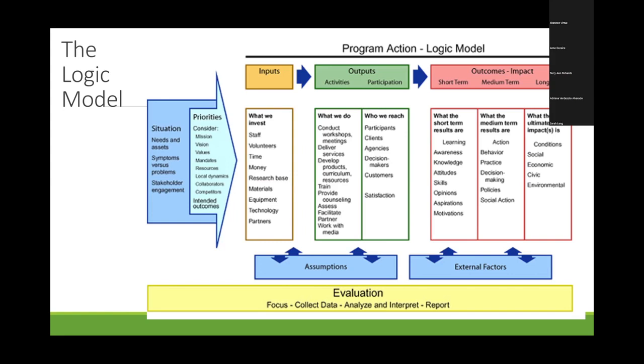The other aspects of this, for example, assumptions, external factors here at the bottom, and recognition that evaluation happens across the spectrum. We could spend time discussing those, but frankly, people focus on them a little bit less. Perhaps external factors are included, especially now that we're thinking more about race and systemic racism. I think some of these factors come into play more now than they have in the past, but generally the heart of a logic model is around activities, participants, and impact, and really naming those.